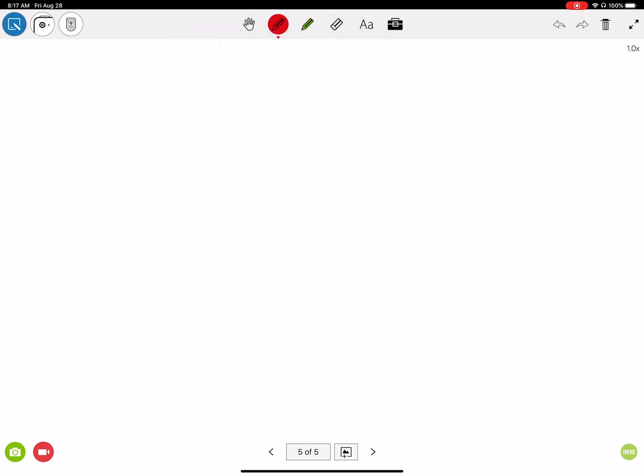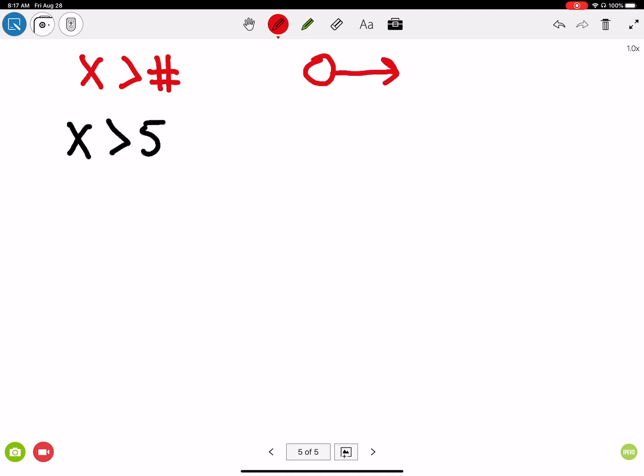What if we had x is greater than a number? For example, if x is greater than 5. Well, it's the same deal. If x is greater than 5, can x be 5? No, x cannot be 5. So again, we're going to put a circle on the 5. And if it's greater than 5, what direction do I go on in the number line? This time I'm going to go to the right because all the numbers greater than 5 are to the right of 5. So if I graph this,